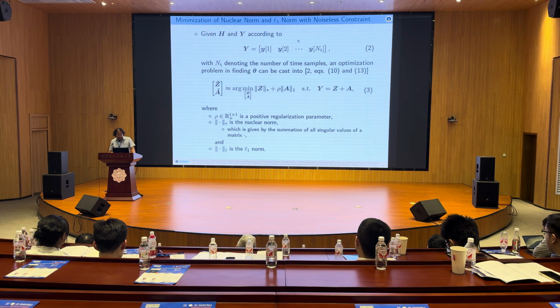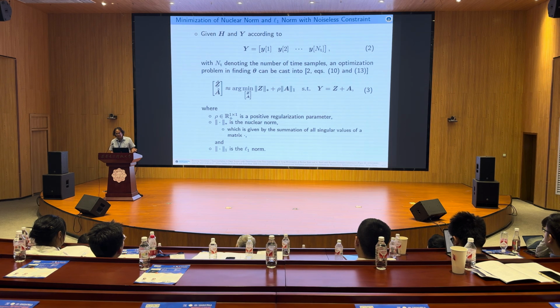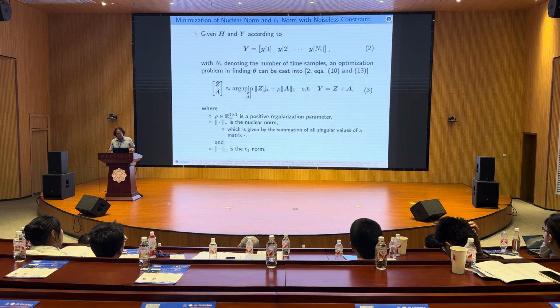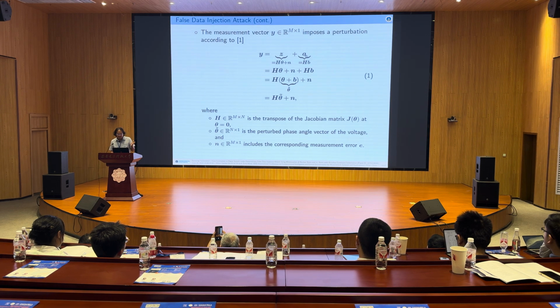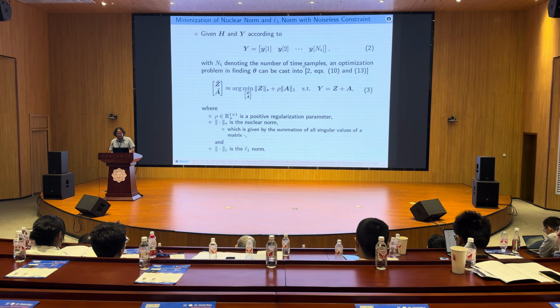The traditional way is that they collect the data according to NT samples. So in a discrete time framework, they collect the vector Y over NT samples, and they try to separate the desired data from the attack matrix. Okay, and they form the optimization from the rank objective function, and we assume that the attack has a sparse property, which means some elements of the attack vector can be 0 or can be non-zero. But we don't know which element is 0 or non-zero. We assume that there should be some 0 inside matrix A. That's why we need to use a pseudo